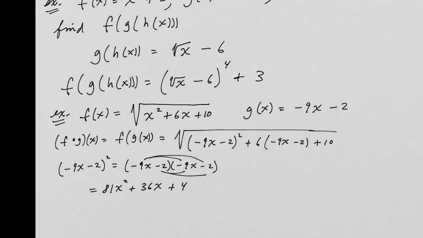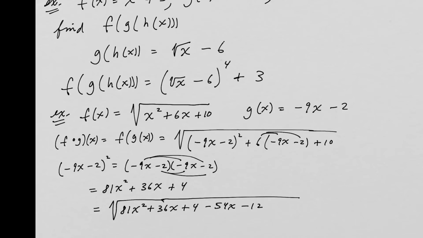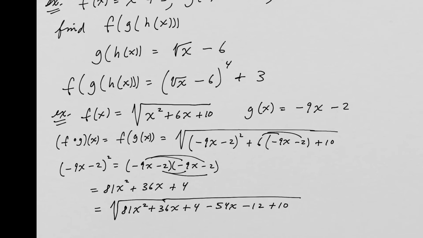Okay, so if I plug that in, I have 81x squared plus 36x plus 4. And then I can also, I guess, distribute this 6, right? So this is going to be negative 54x minus 12 plus 10. And then if you simplify all of that, you're going to get